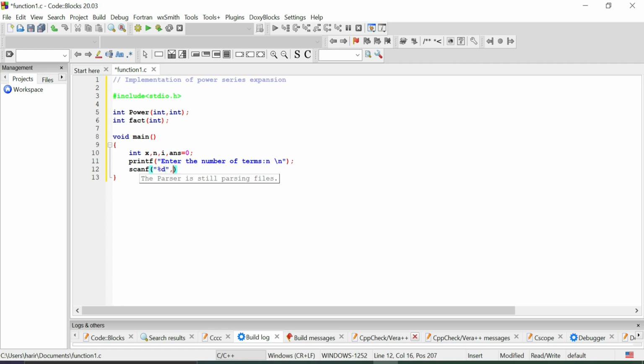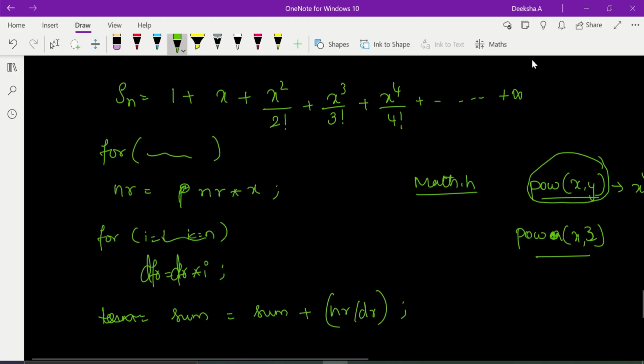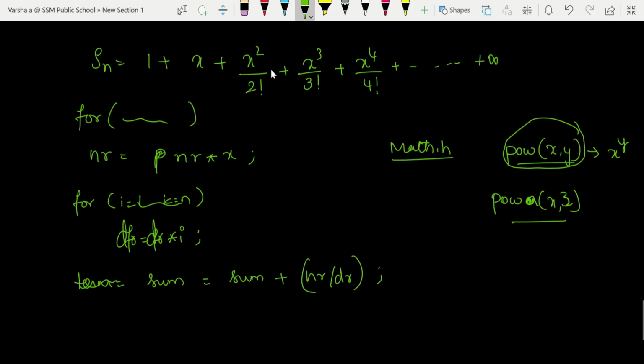With &n, the number that we give is stored. In this example, suppose I want to execute not up to infinity, we can't do that. I have told you before, we cannot execute this up to infinity. Suppose I want to do it up to x power 5 only.